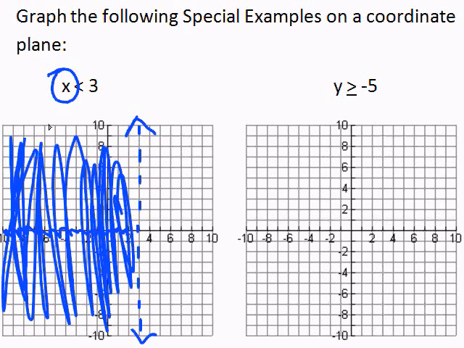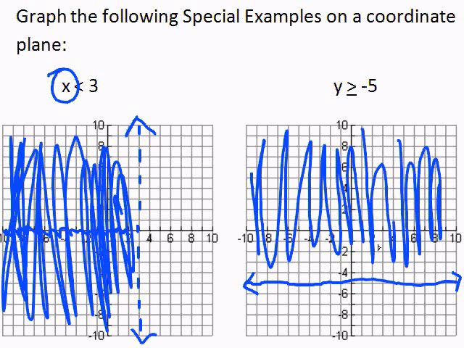That indicates that all of these points to the left of that line have x values that are less than 3. Let's take a look at y is greater than or equal to negative 5. If you remember, if you have just a y value and no x value, you draw the line that passes through negative 5 on the y-axis. Since it's or equal to, it's going to be a solid line passing through, again, negative 5 on the y-axis. Since y is greater than or equal to negative 5, we just shade above the line